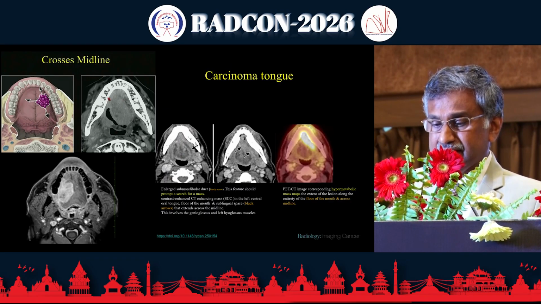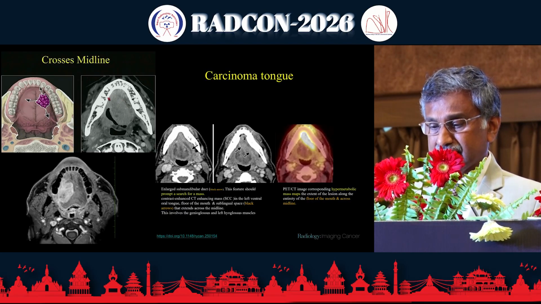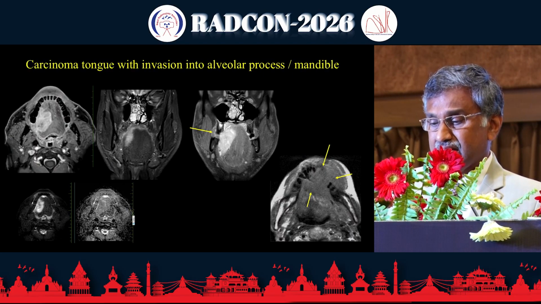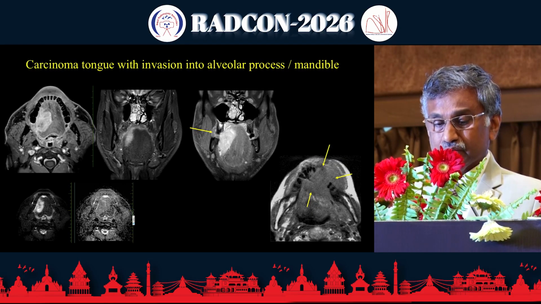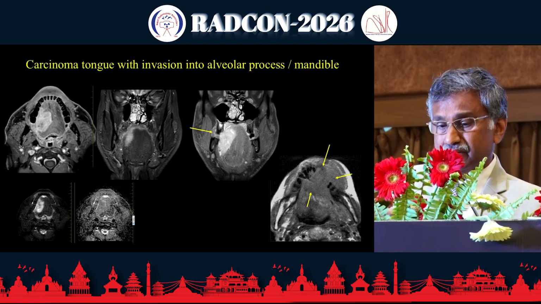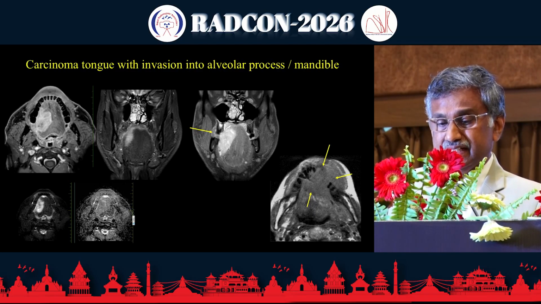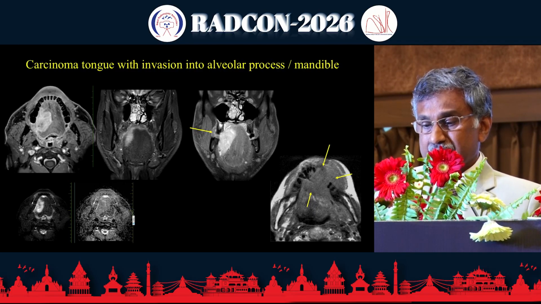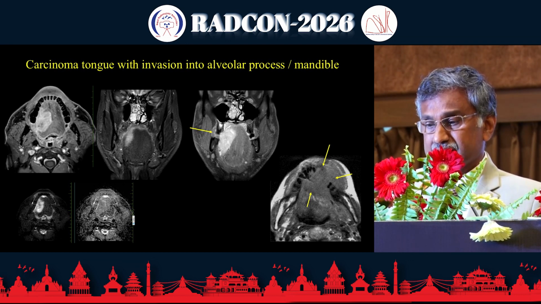Carcinoma of the tongue can sometimes be subtle, sometimes it will be like a ductal involvement. Carcinoma tongue can have infiltration of the ductal system. Once you do a CT, you cannot demonstrate it very clearly. The same patient underwent PET imaging. PET imaging shows increased uptake. So these lesions can occur in the sublingual space, sometimes extend anteriorly and involve the alveolar process. It can spread this way. Sometimes it can involve the alveolar process and mandible in advanced cases.